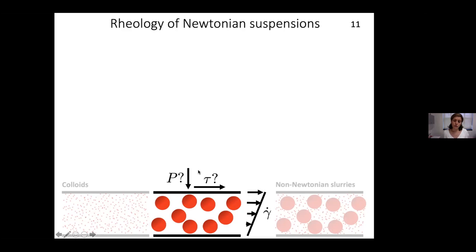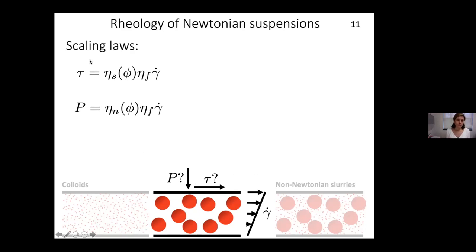And the presence of normal stress is just because particles have to move around each other. The origin of this normal stress is just due to the particles and the configuration in the system, and it doesn't have anything to do with relaxation times, like in viscoelastic fluids, because we have excluded all of the fine colloidal interaction here. So if I want to come up with a scaling law for shear stresses and normal stresses here,